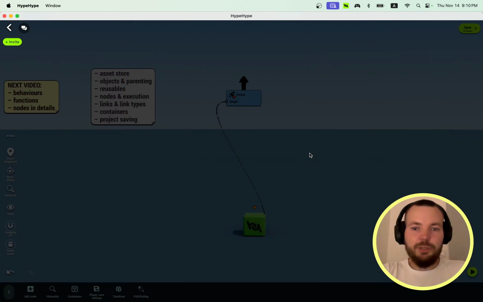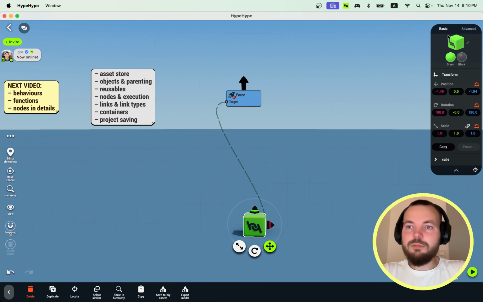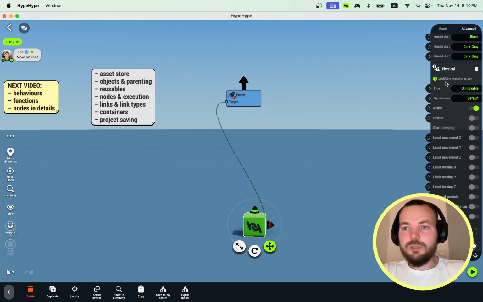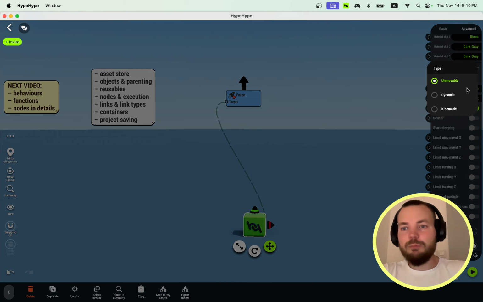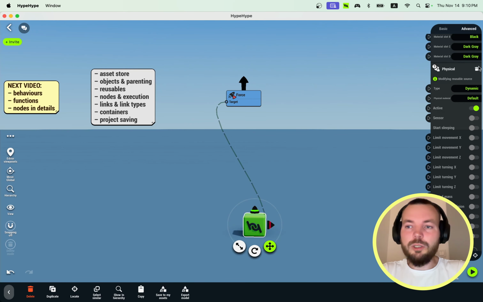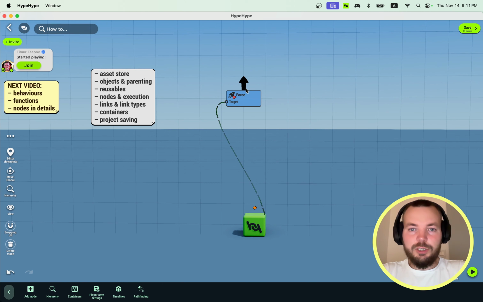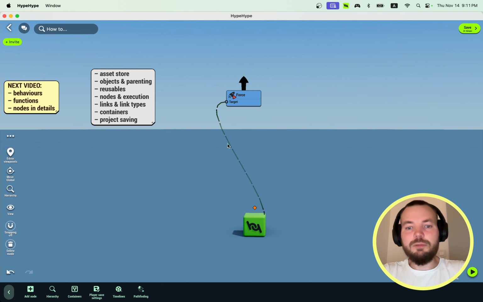We start the game, and it doesn't work because first, for the cube, you need to select the physical properties. There are 3 types. The object can be immovable, it can be dynamic, or it can also be kinematic. And you can even remove the physics component from the object entirely, in which case no effect will be applied to the object. We need to set it to dynamic so that this force node can apply influence on the